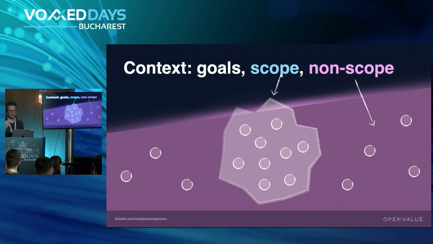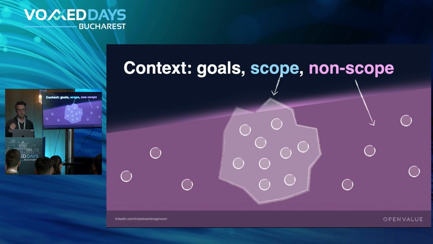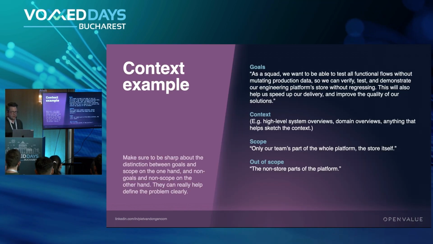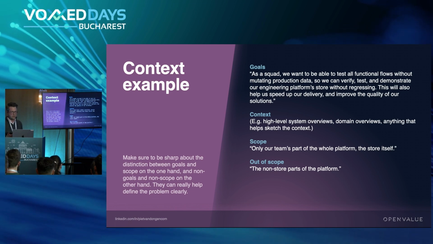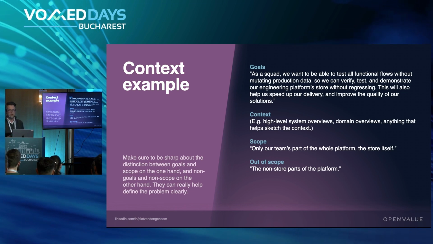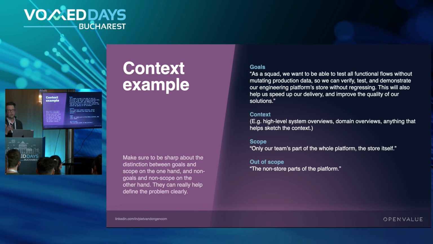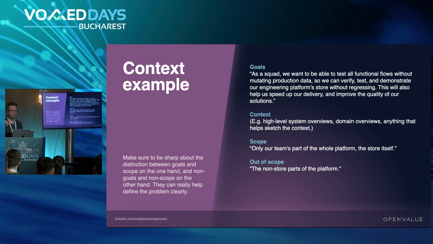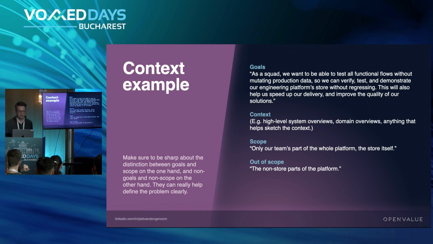Helpful. And for me, I tend to look at non-scope because it quickly gives me an idea of, okay, this is not what we're talking about, something else. For example, this is something from my practice. I think this was written a week ago in my team. So we wanted to increase our testing, the amount of tests we did, because we wanted to increase the quality of the system. So we had a goal that we wanted to test without a bot in production, because that's what we did, for reasons, good reasons.